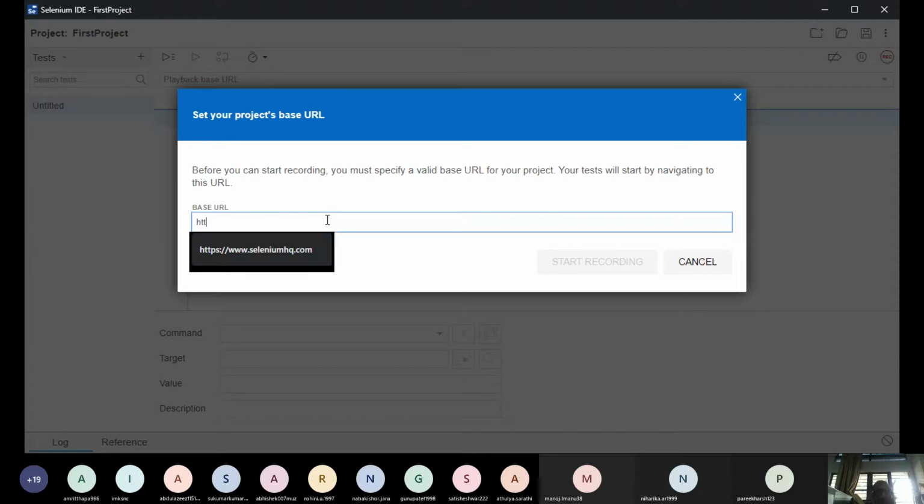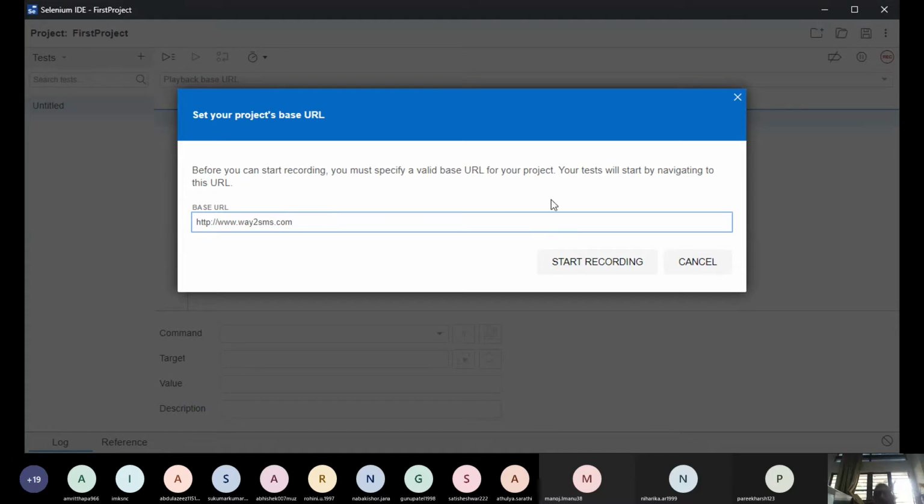For example, I'll just give something now. Okay, HTTP, www.waytosms.com. Simple, I'm just giving some website. All these are trial websites. I am giving waytosms.com, understand? Okay, I have given http waytosms.com. So I want to create a few tests and run them on that particular web page called waytosms.com.